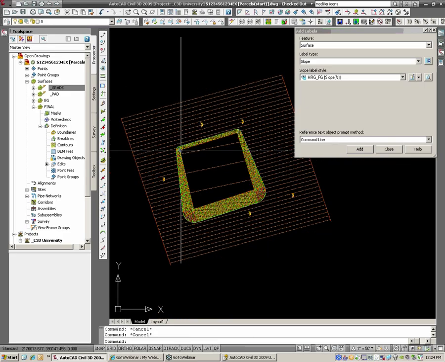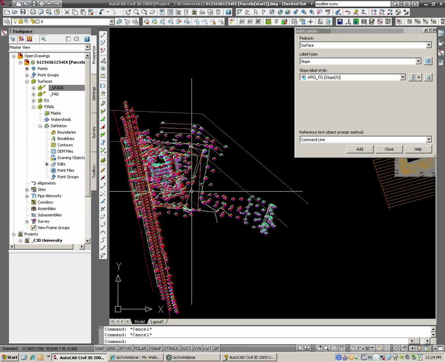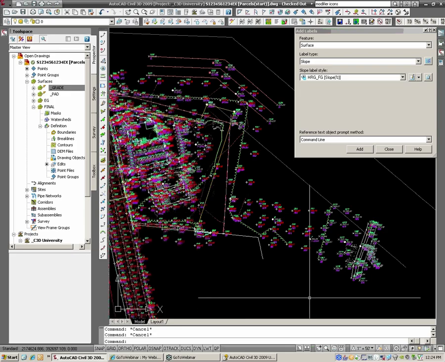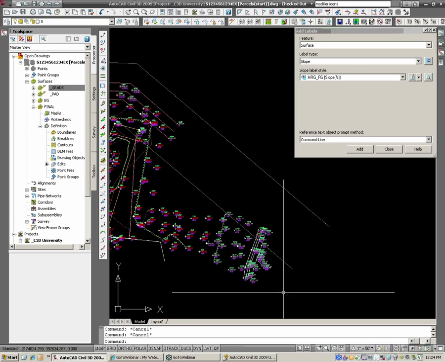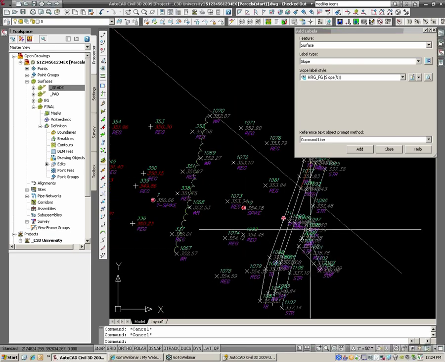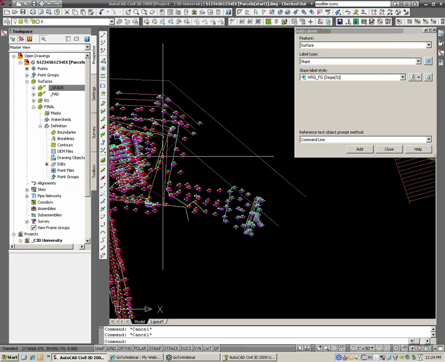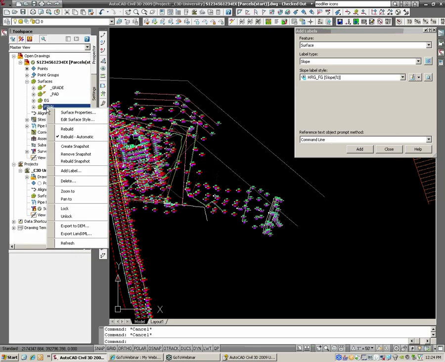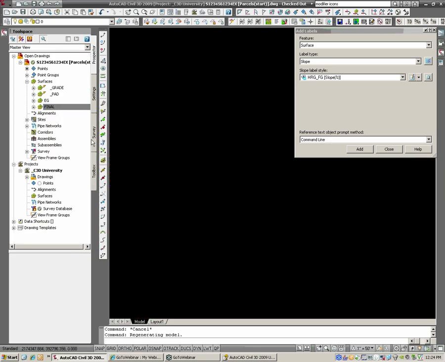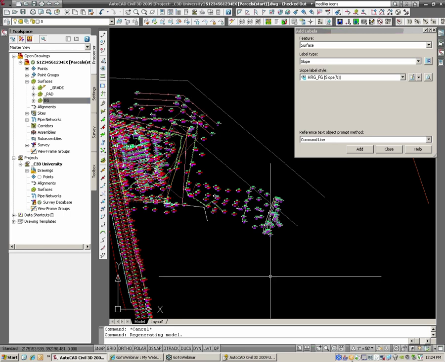Okay. So where does this come into practical use when we're doing survey files? Well, a lot of times we will do a survey of an area for the main site, and then we might do a survey of an area off to the side, or do some supplemental survey along the edge of our existing survey. So I want you to think what you can do now is paste these surfaces together. So we have our existing grade surface, and I'm going to